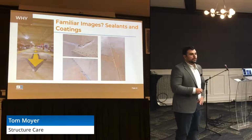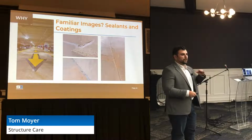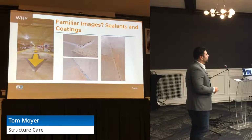Never cover joints, because that joint is put there to allow movement within the concrete. You're now creating movement under something that has no movement on top. You're gonna get those cracks. And the bad thing with the coating, if maintenance isn't kept up, this right here, there's maybe nothing going on,